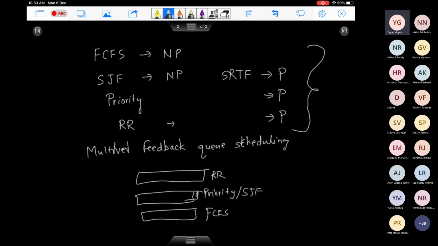So at multiple places you are using multiple scheduling, but then there is a concept of priority among these queues as well. So this queue has the highest priority. Let's say it has the second highest priority and this has the least priority. So first of all, you will check this queue. If there are processes in this queue which has the highest priority, you will execute them based on the scheduling policy mentioned there.